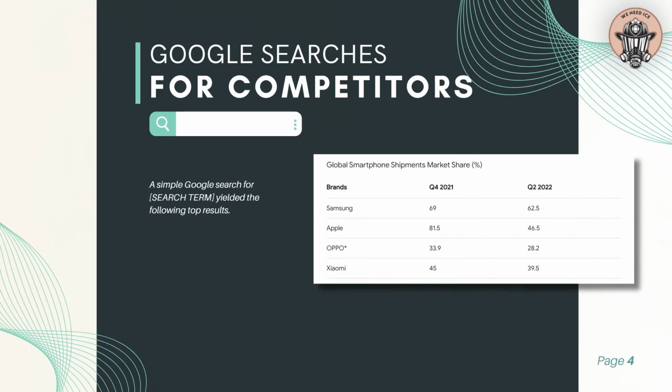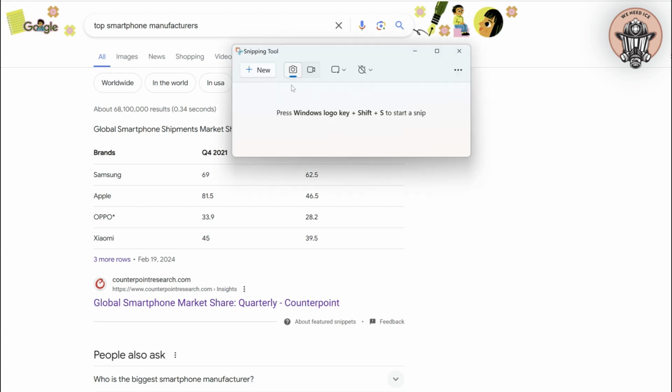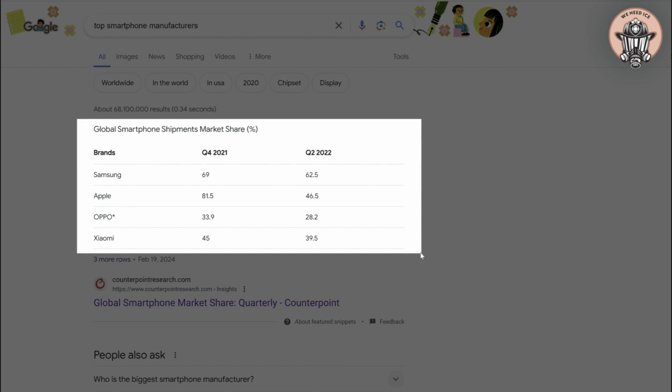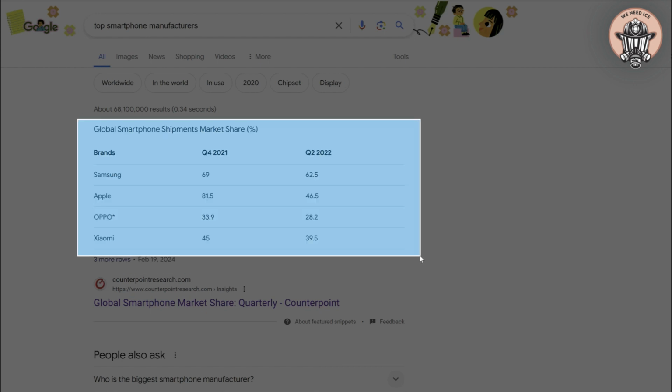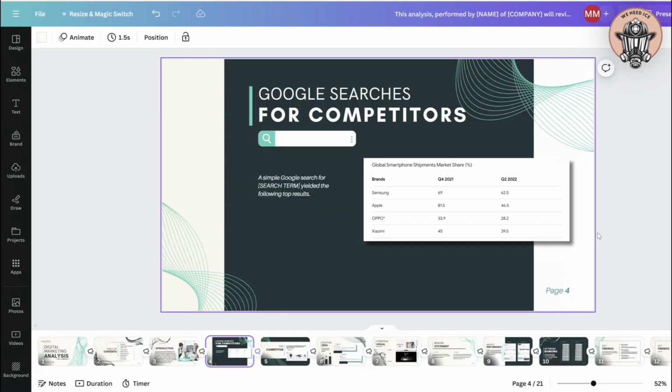Our next page is titled Google Searches for Competitors. The easiest way to determine a company's competitors for this page is to ask Google and use the data from a reputable source. For example, if I search top smartphone manufacturers, I get this market share table, and that's pretty legit. When you think you've identified a few competitors, just grab your snipping tool or print screen or whatever your shortcut is to copy sections of your screen,